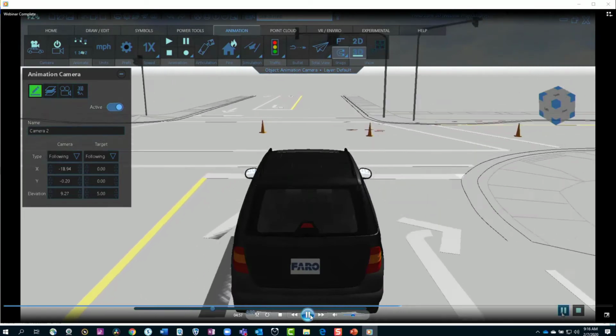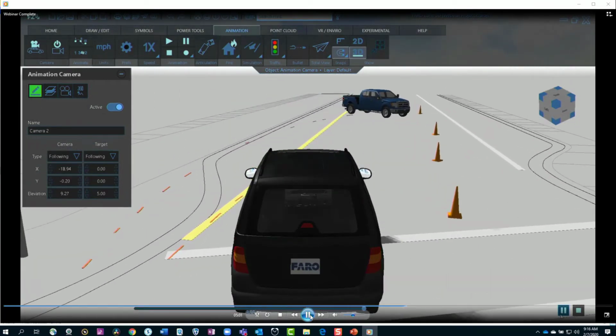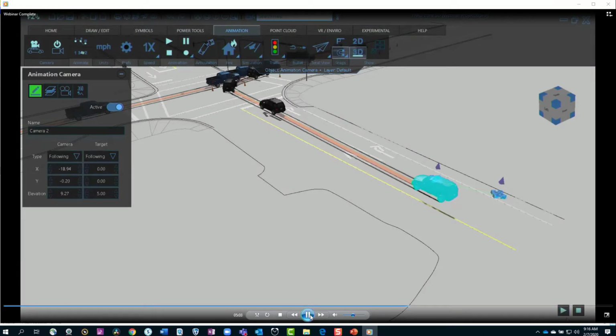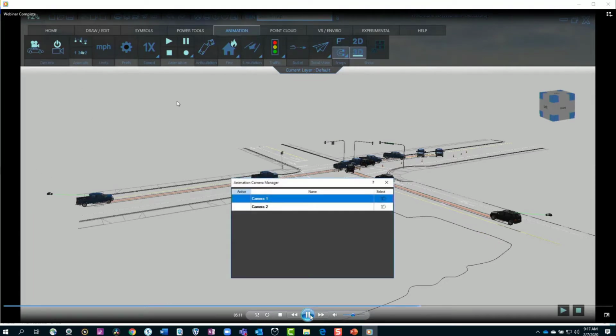Well, we're going to take control of our scene and make another deliverable, in this case an animation based on the custom cameras. When you start getting into multiple cameras, you have a lot of information. We've got a tool in FARO Zone that helps you control your cameras. It's called the Camera Manager. Here I can do things like